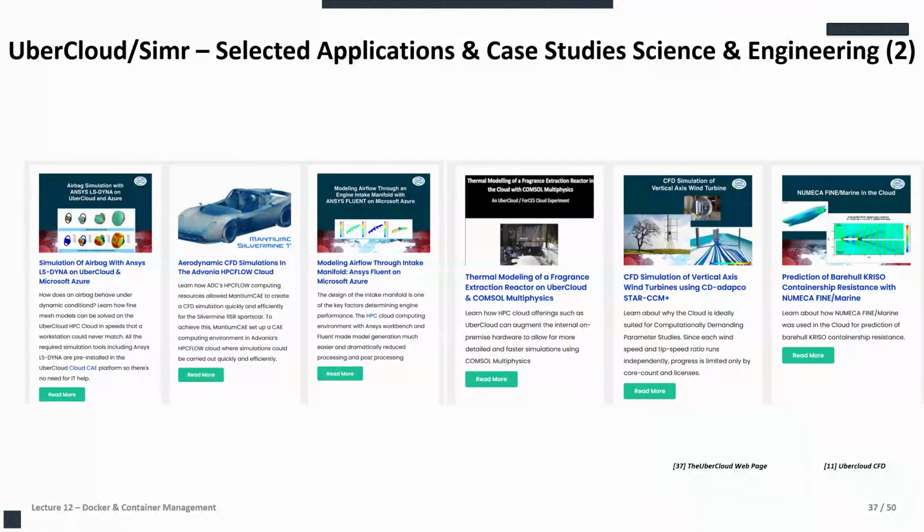Now you can go on and you see again Microsoft Azure, for instance, for an ANSYS simulation for airbags. Basically, also a very practical example where you would use that kind of technology to help with computer-aided engineering. You have again the Advania HPC flow we already mentioned, right? So again, Iceland is also in the game. And this is using again the computational fluid dynamics simulation we just introduced a little bit. We see airflow again using ANSYS, and you see quite the flexibility, right? So Advania HPC flow again, Microsoft Azure again, and UberCloud enables this by having this containerized approach.